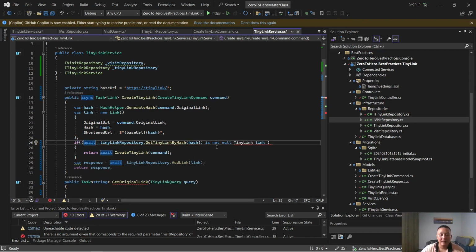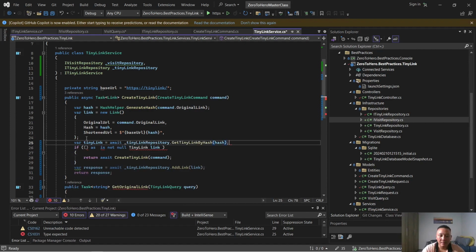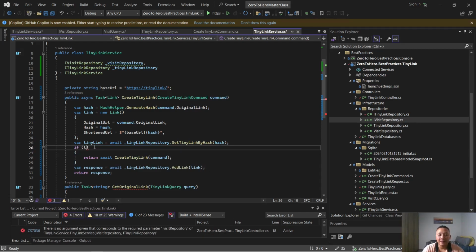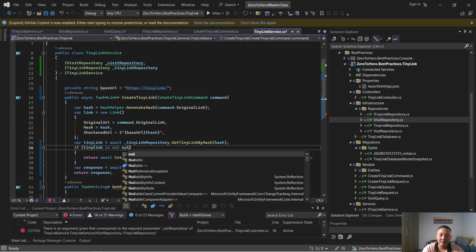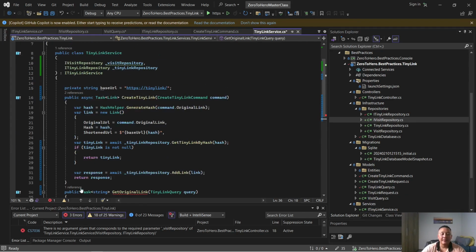Let's see here. So we should just be able to say, okay, so first let's just try to get this. First we need to check, so this is going to return a tiny link by the hash. So then what we need to go and do is we need to say if the tiny link is not null, that means it already exists, so we don't need to do anything with it. We can just return that item, and if and only if it doesn't exist, then we add that item in. And then in terms of the original now,